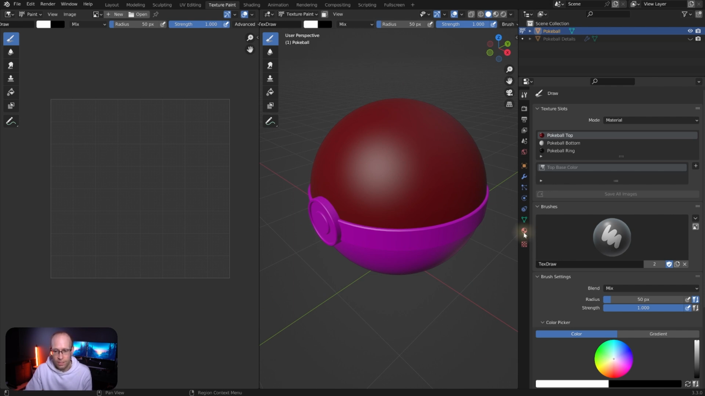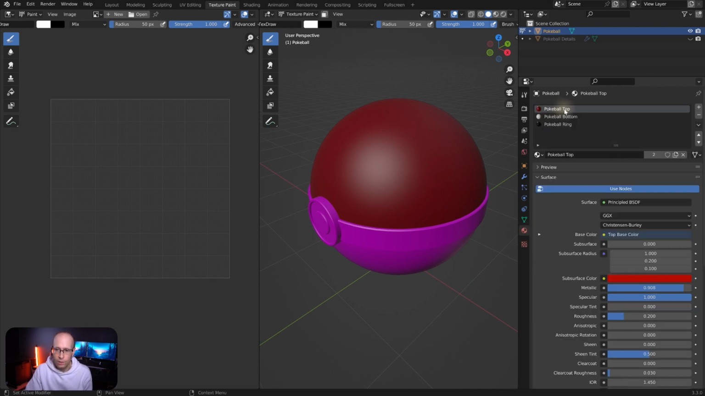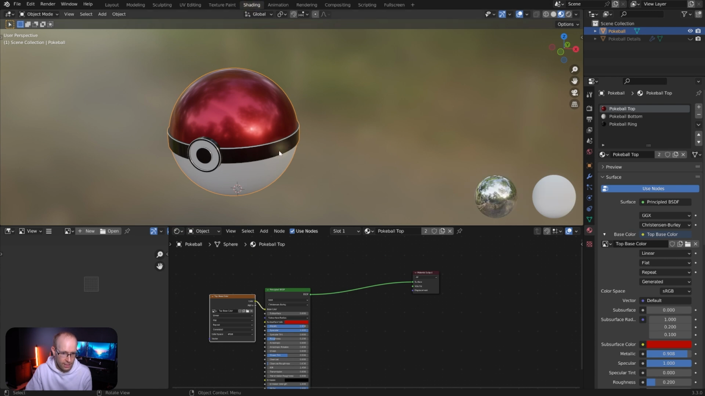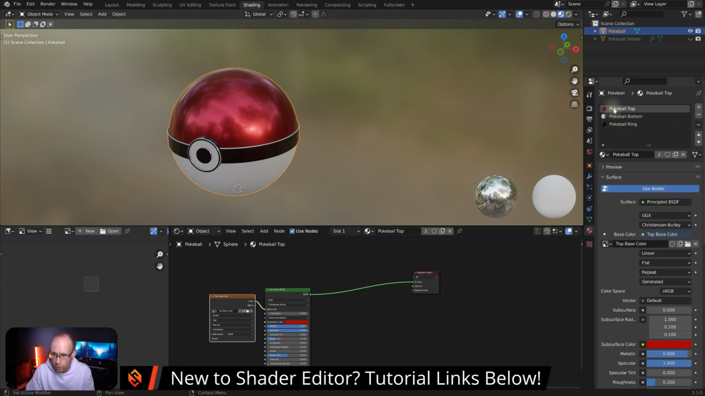If you go back to the Materials tab, on this Pokeball top material, you can now see that the base color here, if you expand this, actually comes from our top base color texture image that we've just defined. So this texture image that we've defined now gets fed into this material, and therefore we can paint on it. If you come over into the shading view, or the shading workspace actually, and you have this Pokeball top material